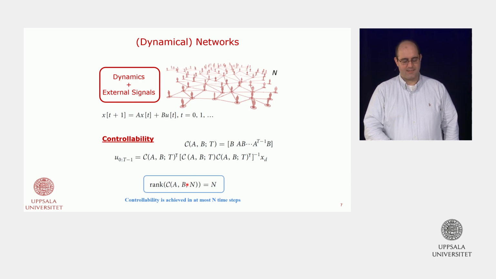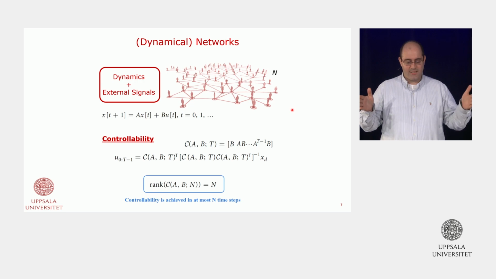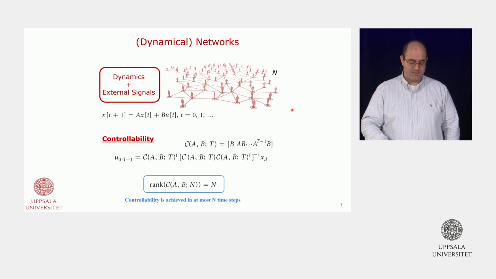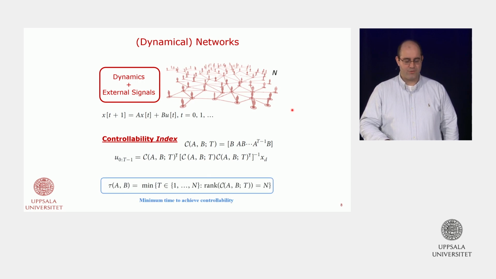Therefore, we could actually ask a slightly different question, which is, instead of waiting for capital N steps, in particular in networks like these that can actually be huge, we may not want to really steer the system from point A to point B in a very large amount of time. We may actually have some constraints in terms of how much time we need to perform a specific goal or achieve a specific goal. And that's actually where the notion of controllability index comes into play. Meaning, the controllability index is actually the